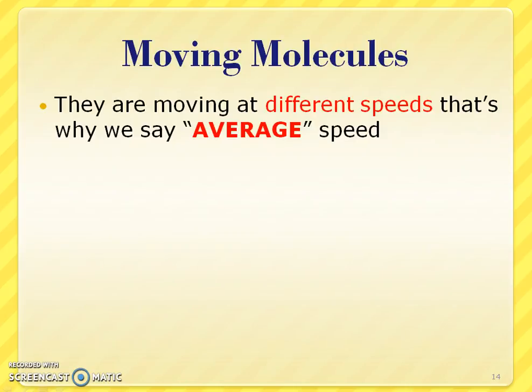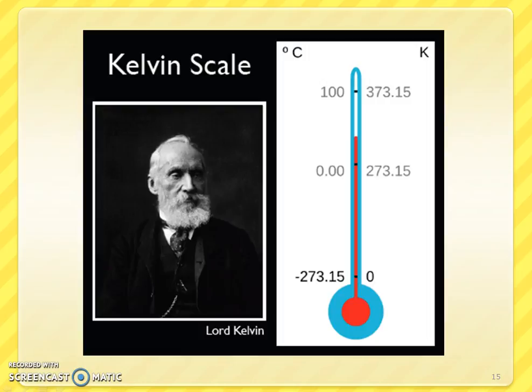So these moving molecules, again, they're at different speeds, and so that's why we take an average. Just like anything else, you have people who walk the halls. Some of them walk them pretty quick. Some of them walk rather slow. So if we wanted to get a speed of how quickly it would get from, let's say, the A wing to the F wing, we would need to take an average of everybody's speed in the hallways.